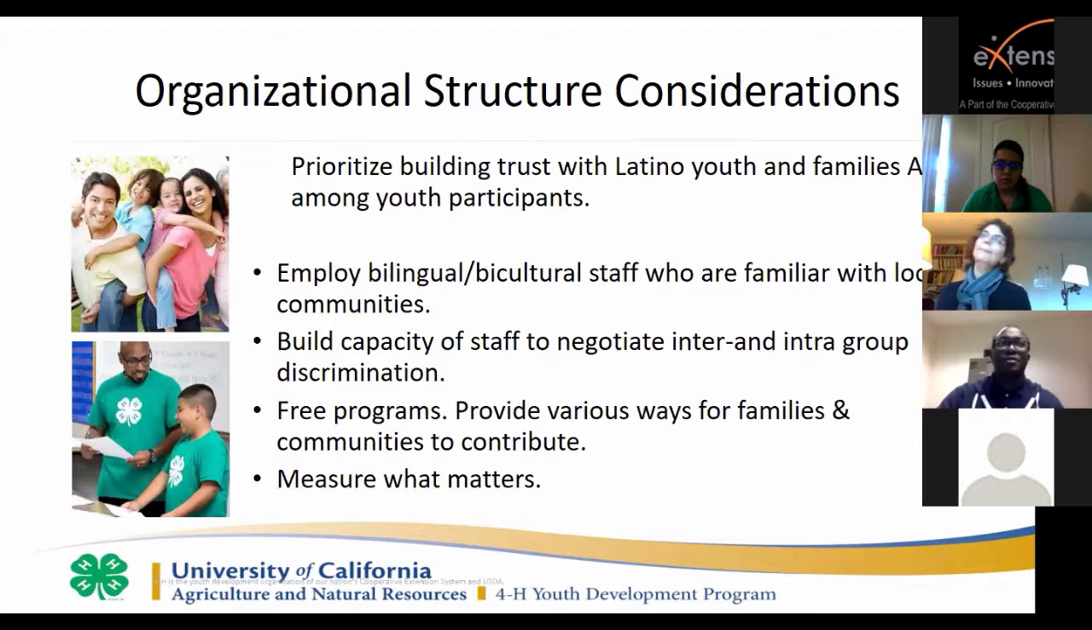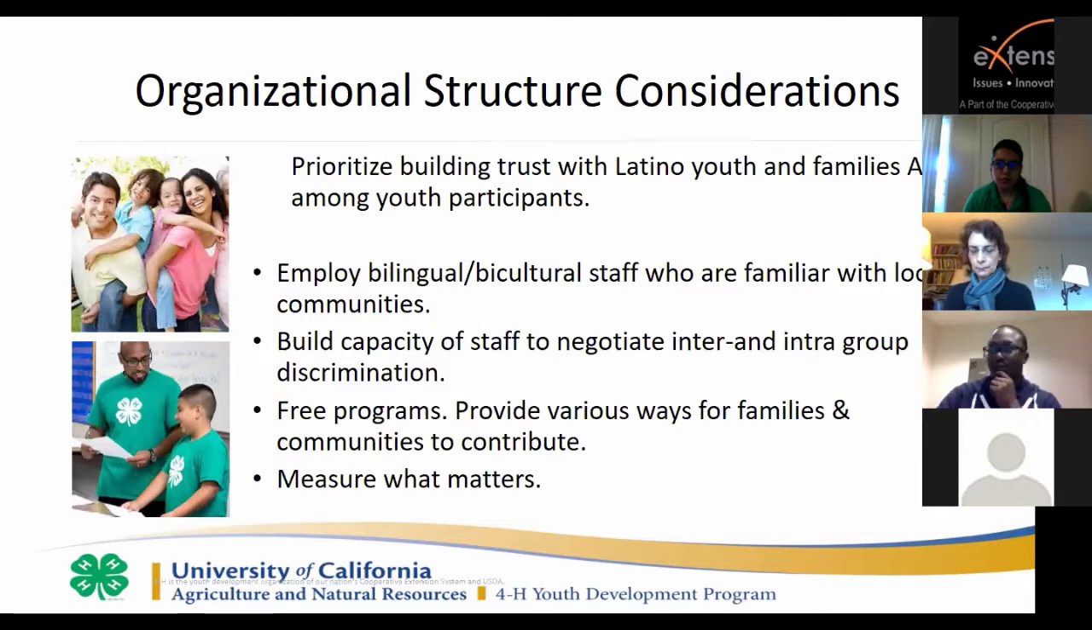What does that mean? For instance, in California, there can be discrimination between established Mexicans versus newcomer Mexicans. There's a lot of discrimination there. And even among newer Mexican populations, there's discrimination against indigenous Mexican populations. So staff need to be aware of all of these various dynamics so that they can help young people negotiate these